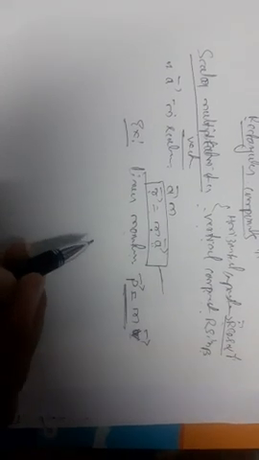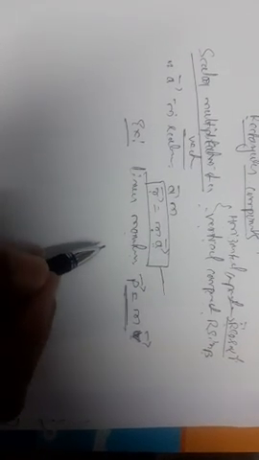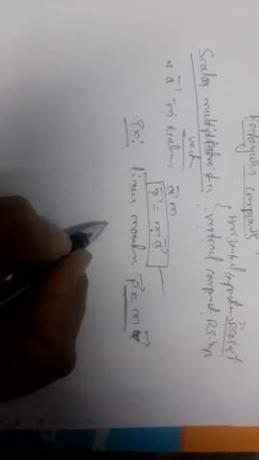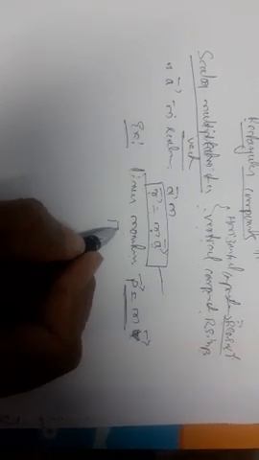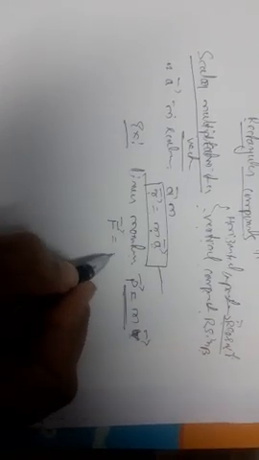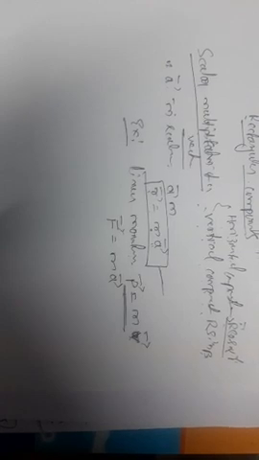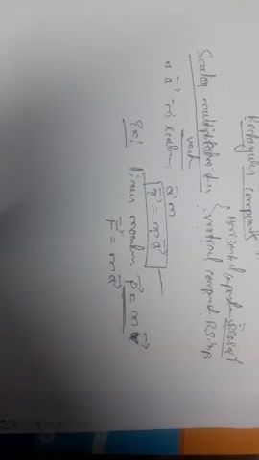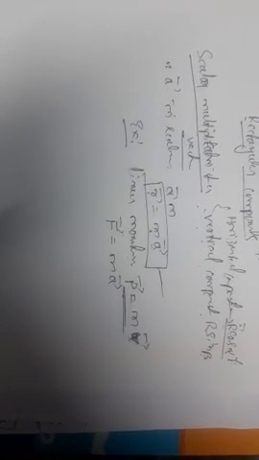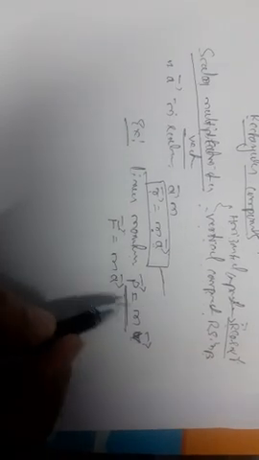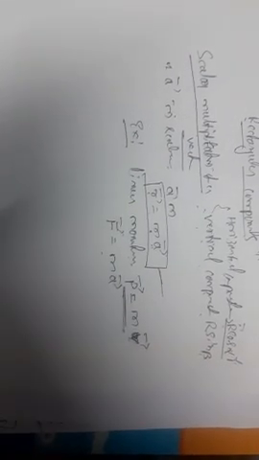One more example is the force equation, that is, mass into acceleration. Force is a quantity that changes the state of rest or motion of a body. That is called force. It is measurable as the product of mass into acceleration.